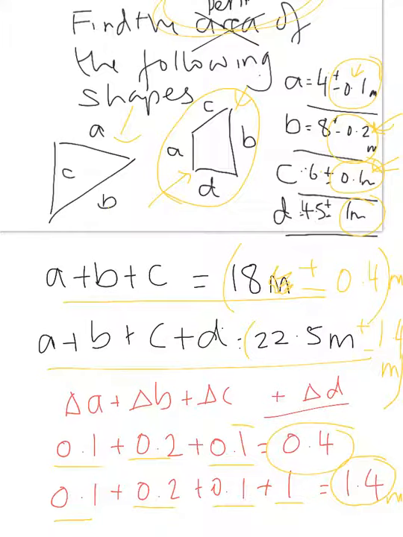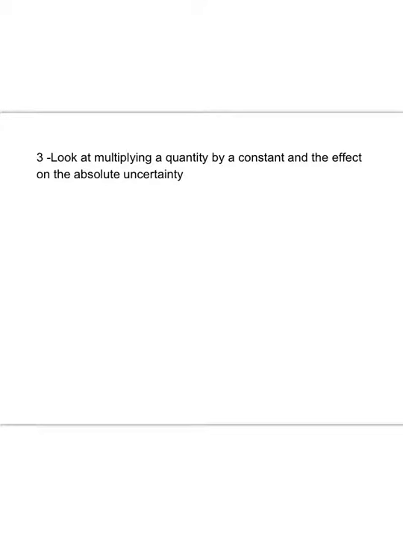Okay, so now we have our answer. We can move on to what happens when you multiply a quantity by a constant. Right, number 3. So how do we multiply a quantity by a constant? Or rather, what happens to the absolute uncertainty of a quantity when we multiply it by a constant? I'd like to think that you all know how to multiply a quantity by a constant, but what